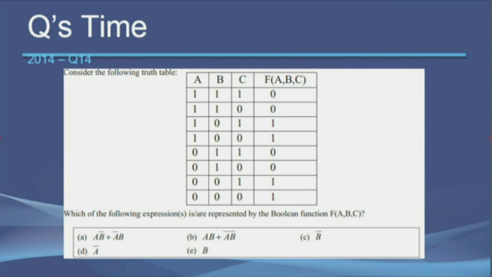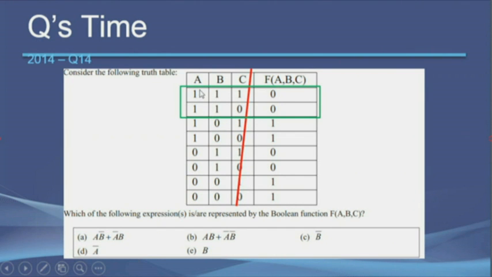See, options A, B, C, D and E, everything has only A's and B's, which means in the end result the C line doesn't matter. Whatever signal you get from C doesn't affect the final equation, which means you can simply ignore the C line. Now look at what we have left: A, B and the function. Then you can see these two lines are identical.